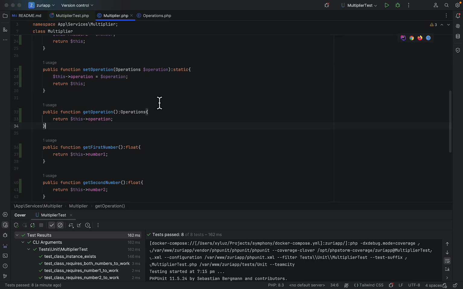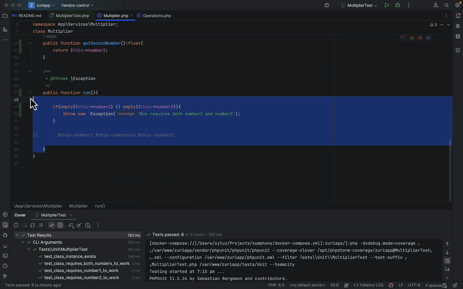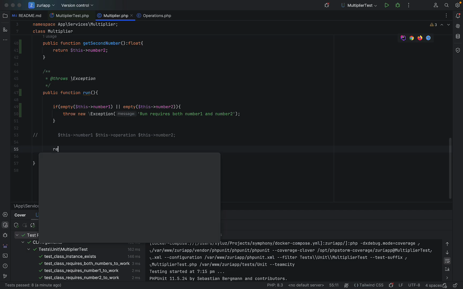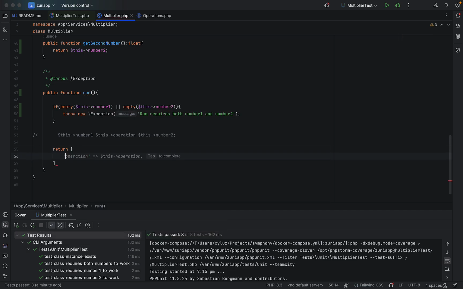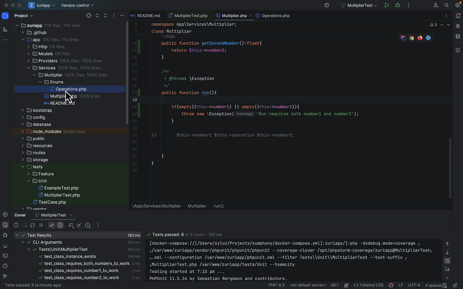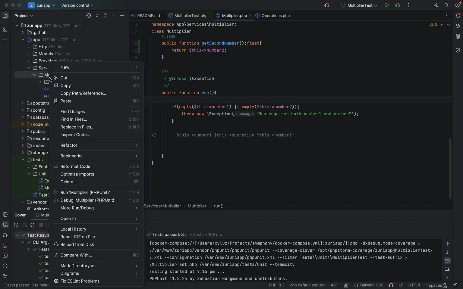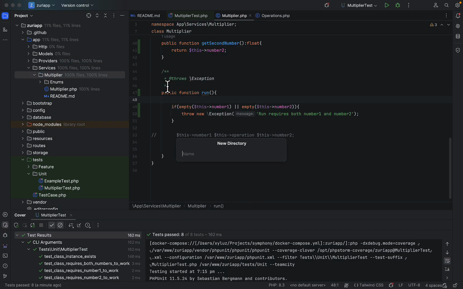So let's imagine when this operation is done, what do we expect to return back to user? Normally, we could just do this and return like an array of some sort and say, okay, let's return this array and say first number is this, second number is that, which would work. But I would always prefer to have a class that would undo this. By the way, Laravel has a way of handling this, which is quite effective. But again, this is a tutorial where I'm going to be showing you how to create those result classes. So I'm going to create a new folder